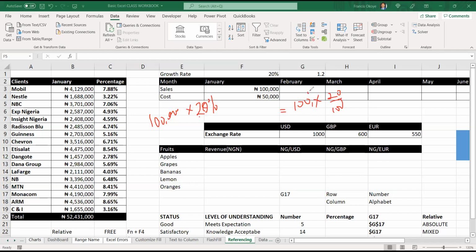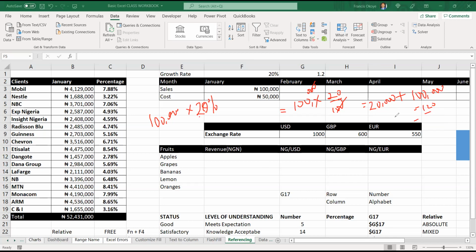How many zeros do we have here? 1, 2, 3. So this will go with this. What are we left with? 20,000. So increase by 20,000 means now 20,000 plus 100,000, which is 120,000. I think we understand it like this.